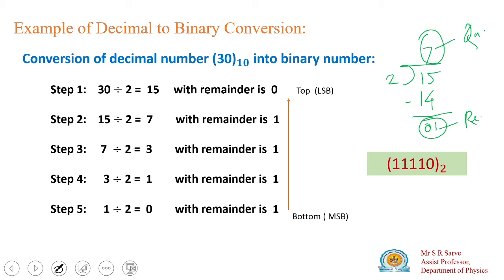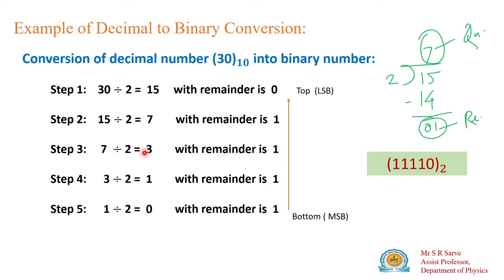So now write quotient 7 differently and remainder differently, and we'll use the pointer. Observe that when you divide 15 by 2, we get 7 as the quotient and the remainder is 1. Then again, we have to repeat this process till we get quotient 0. Then again divide 7 by 2, we will get 3 as the quotient and the remainder is 1.